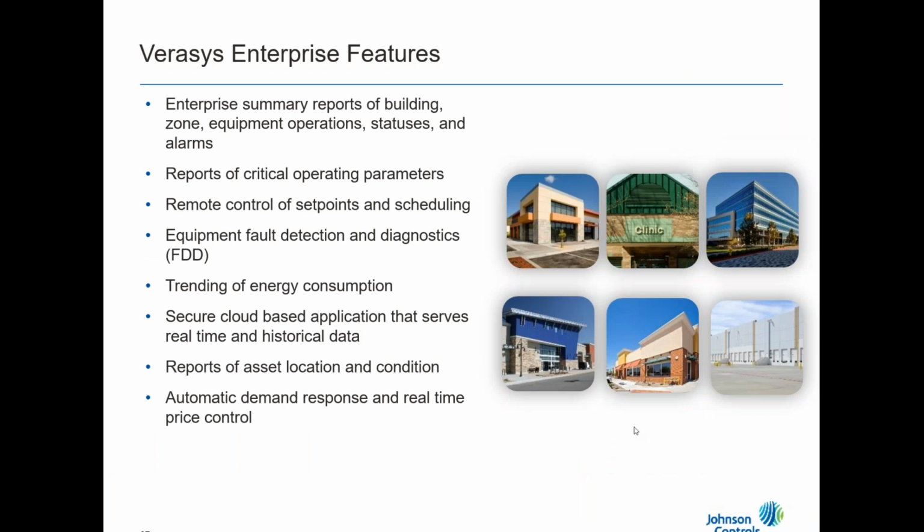And then some of the features within enterprise, we have reporting. We've got the ability to do some more long-term trending with the enterprise solution. You can handle remote control of set points and scheduling. So if we need to make a set point change across 50 sites, we can actually do that with enterprise